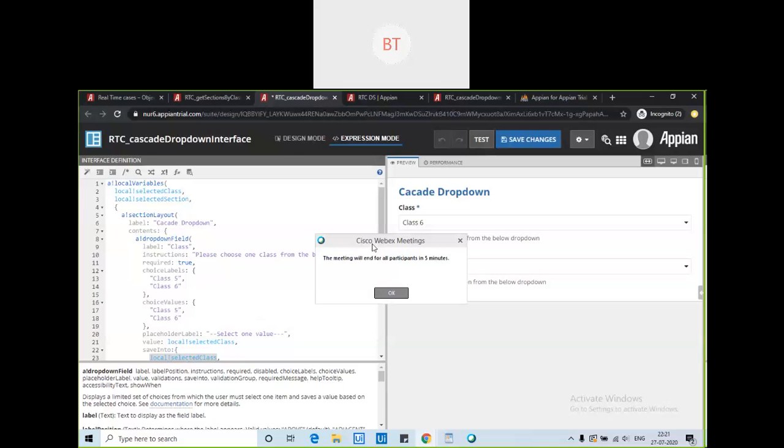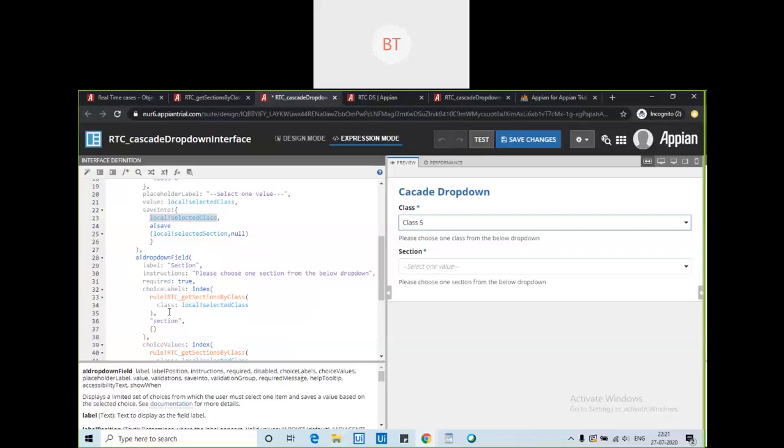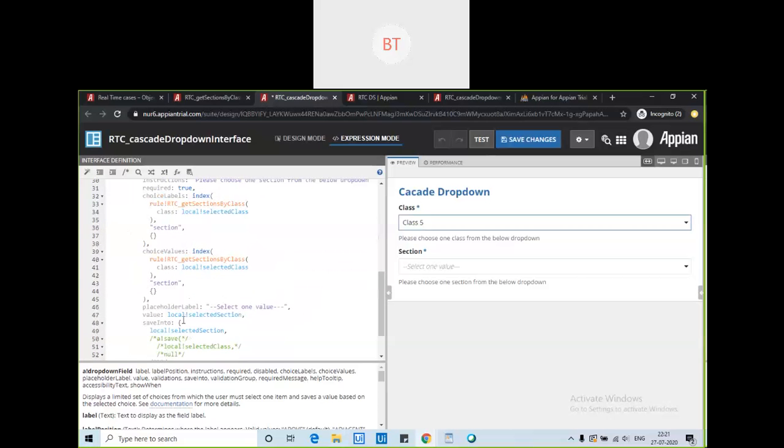Yeah, this will finish it. Okay, go to section one and select the A option there, section A. Now you can change the class to 5. What will it show there? If we change the class, you need to come and select your section again. So to modify this interface more, we can do one more thing.